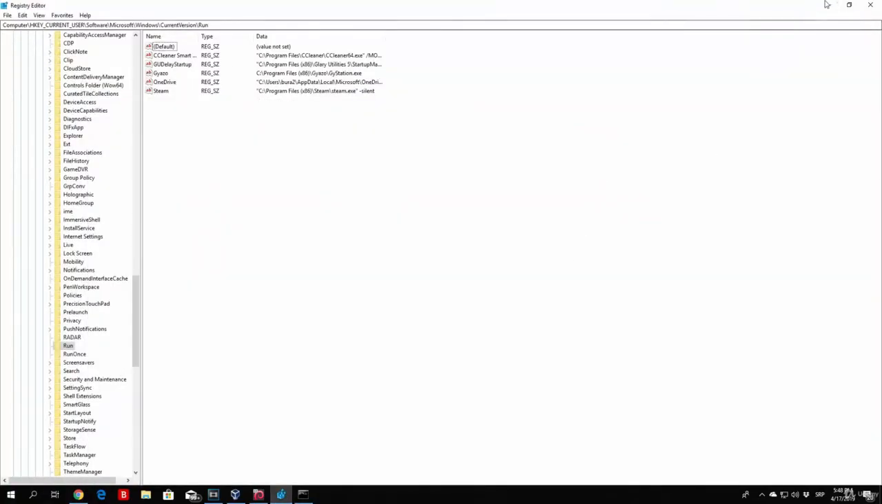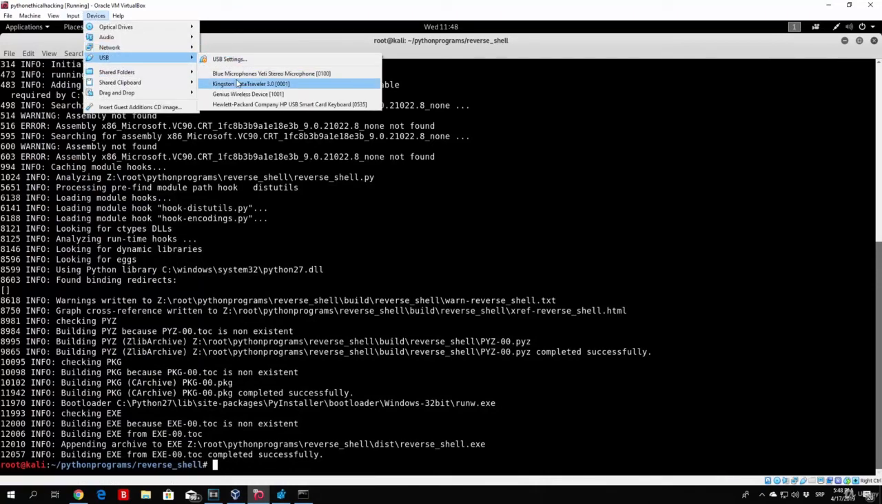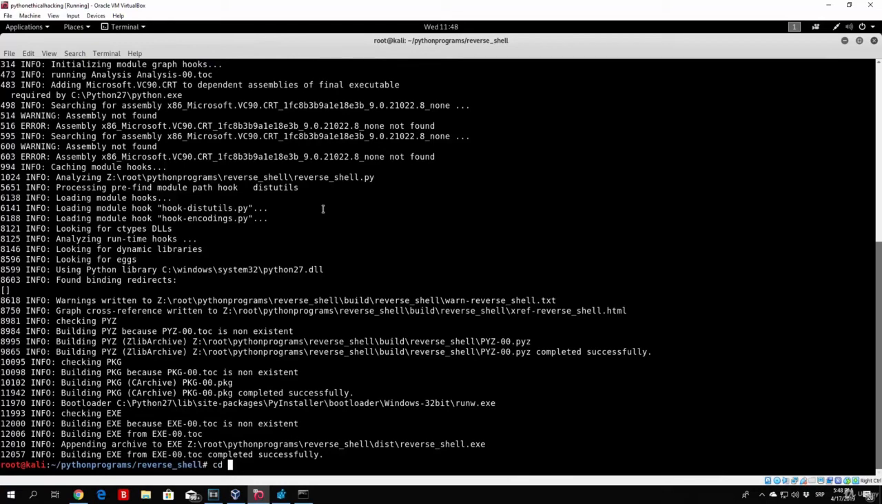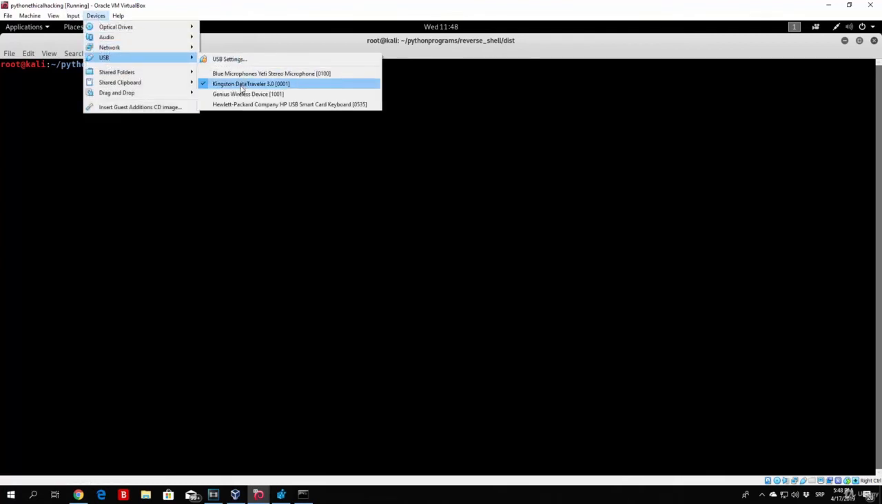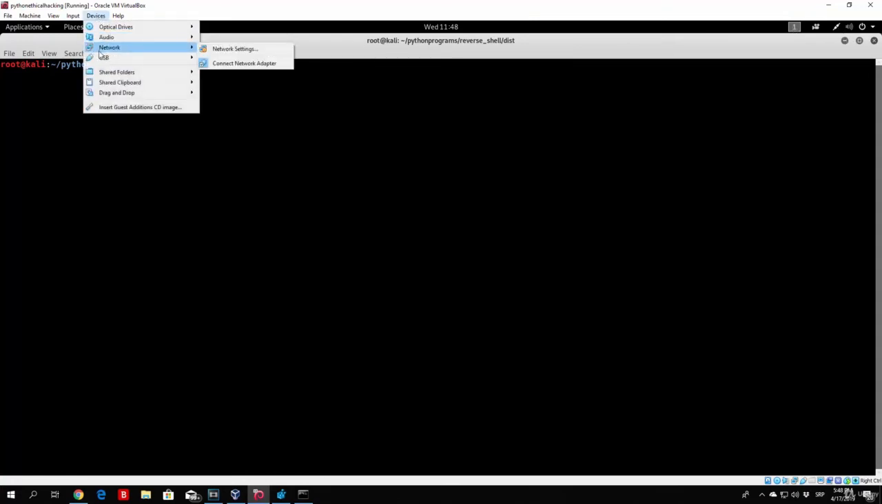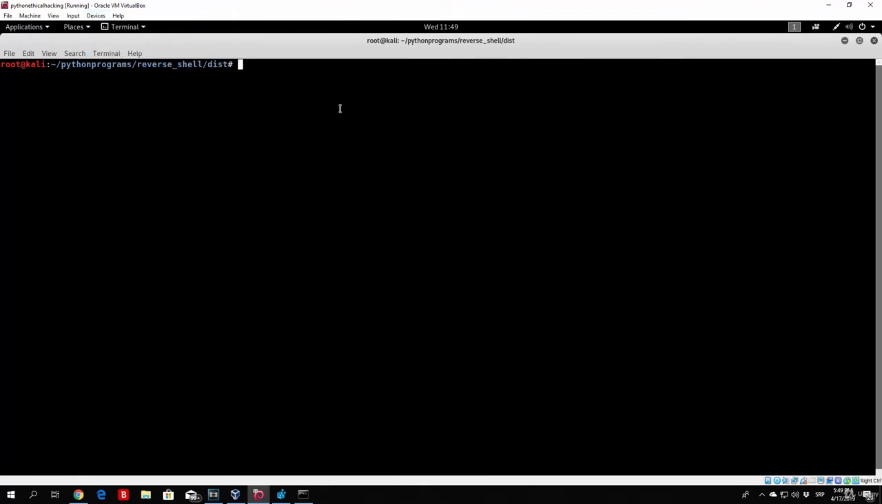So let's leave this open, and let's unplug our USB drive in order to transfer the actual reverse shell. Let me go to this directory, move the reverse shell to media, root, and the actual USB drive. Let's see, why is it not plugged in yet? Let's unplug it and plug it again. For some reason it won't plug in. Okay, let's wait for it to plug in. There it is. Now if we move the reverse shell to media, root, Kali live,